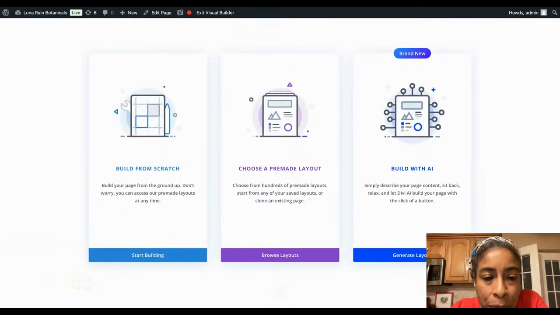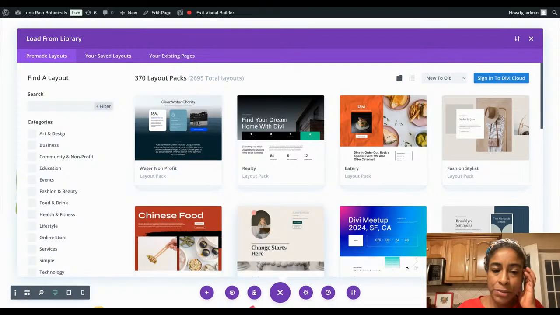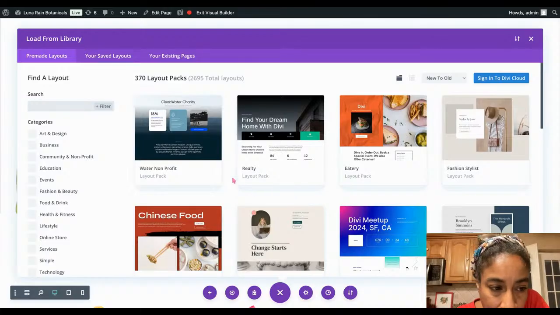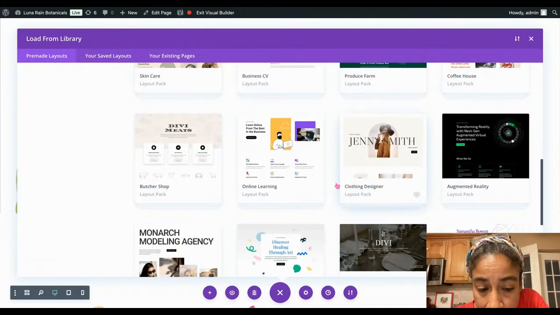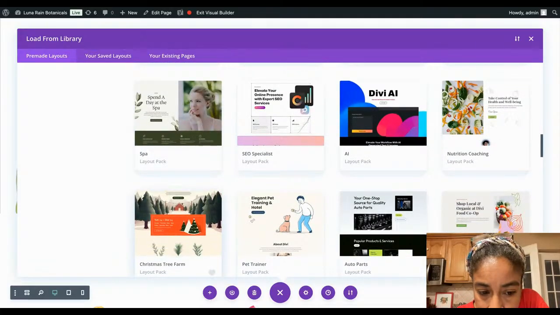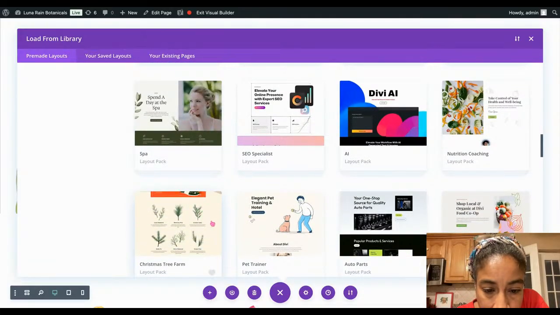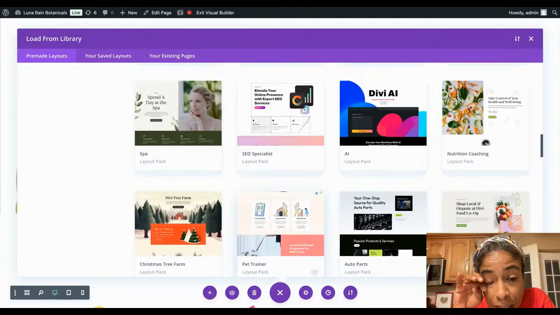So you can use a pre-made layout, which I'm just going to browse quickly, but I'm not going to use the pre-made layout to show you how. I just want to show you that if you do use a pre-made layout, there's tons of them, and they're all included in the Divi package. So you can get everything from a code. And with these, they're so modern, they're so sleek, and they use a lot of up-to-date technology and little bells and whistles on websites, such as